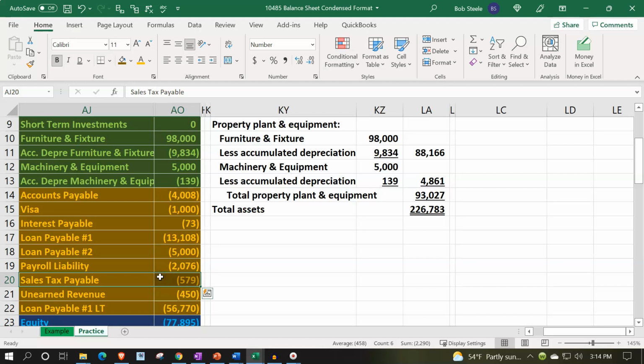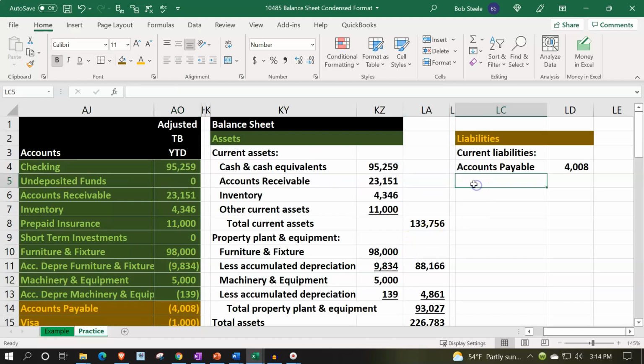So let's try to do some grouping here. And I'm going to say, maybe these two loan payables should be up top. I'm not going to put two separate loan accounts with two separate loan numbers in the presentation to external users. I'm just going to call it loans payable, and